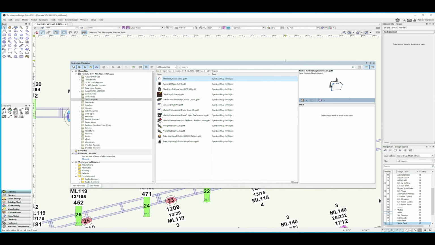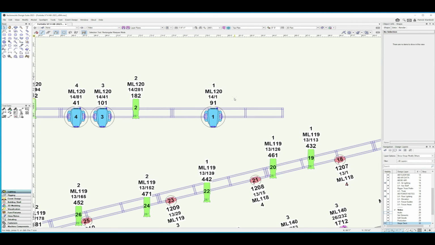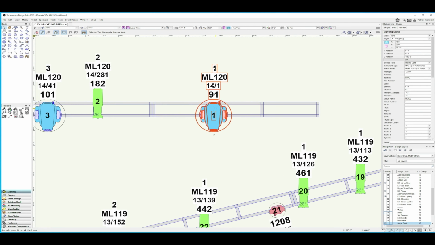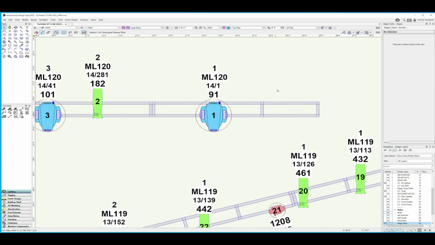One of the things that has come up so far is that a lot of people, especially good designers, have a nice library of fixtures they've already built up, and they have these nice symbols and they have the legends all set up, and GDTF is still an extra part of this right now. It doesn't take too long to add this in after the fact, but it does mean that you're going to have maybe two assets in the resource browser for each light that you want to use.